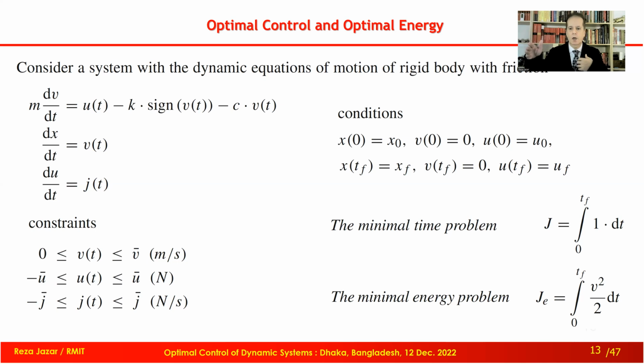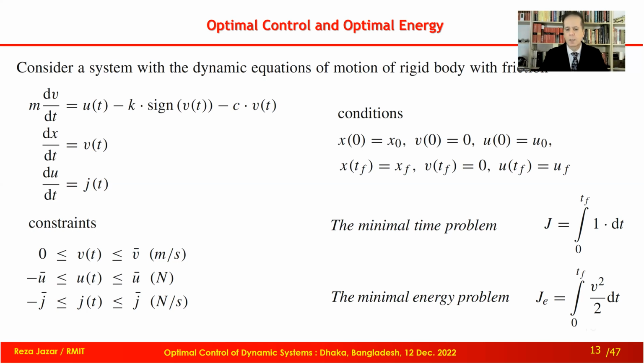whatever is tf, our goal is to minimize tf. At tf, we know where we are. At tf or xf, we know velocity is going to be 0, so it is a rest condition again. And force at the end is known. So this problem is a very simple explanation of the rest-to-rest condition with constrained input.